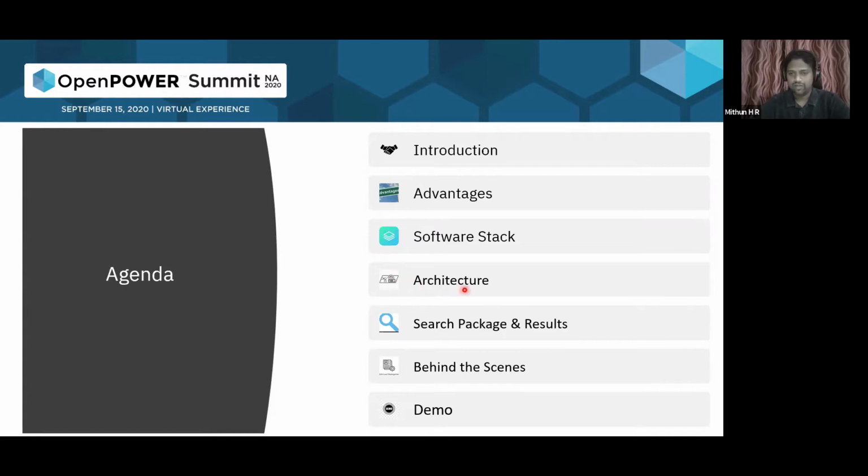We will also look into the architecture overview of OSPAT, and then we will see how the tool can be used, how the results come back, and what the tool is doing behind the scenes, how the requests go into the tool and how the results come back, and the detailed working as well. At the end, we will also see a hands-on demo, which will give us a sneak peek into what the tool is all about.